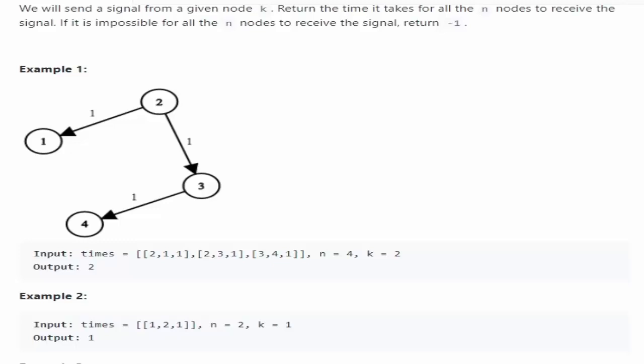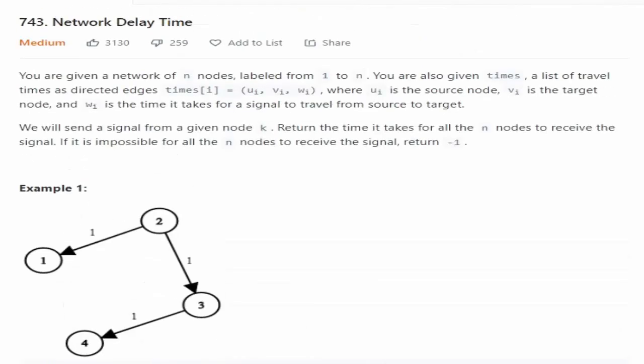Alright, so right now I'm looking at this network delay problem that basically talks about finding the maximum amount of time it takes for a signal to travel from some node to all nodes, if in case you can actually go to all nodes. So the problem statement is, you're given a network of n nodes labeled from 1 to